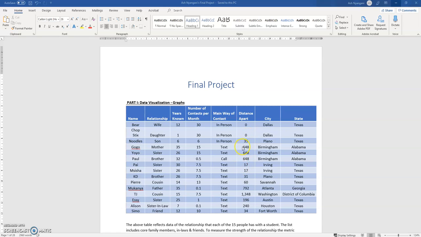And here the mother of the student, the sister and the brother, live 648 miles away, which is actually in Birmingham, Alabama. Whereas most people live in the Dallas Metroplex, Dallas-Fort Worth Metroplex. You have Irving, Plano, Savannah, in North Dallas, and so forth. But you also have people who live in Washington, D.C., which is the cousin here, TJ, and in Austin, and so forth. So that's how I compiled the data, and then now we can jump in and see how the